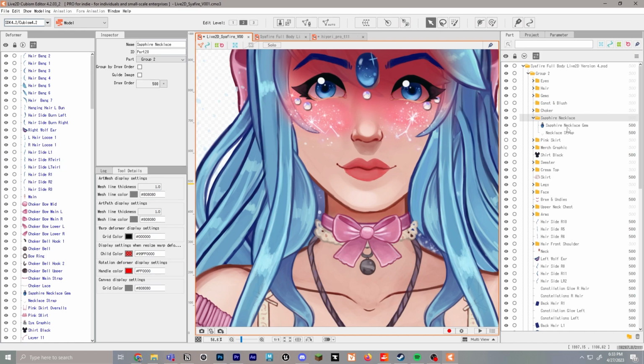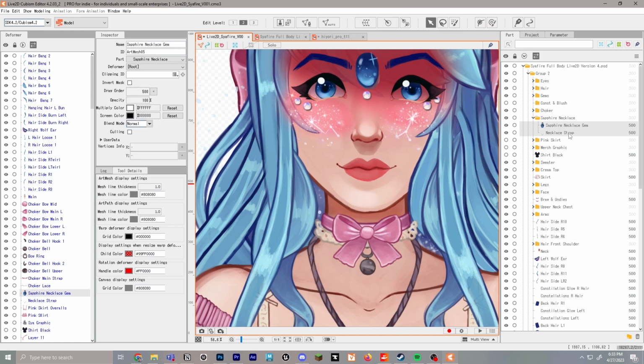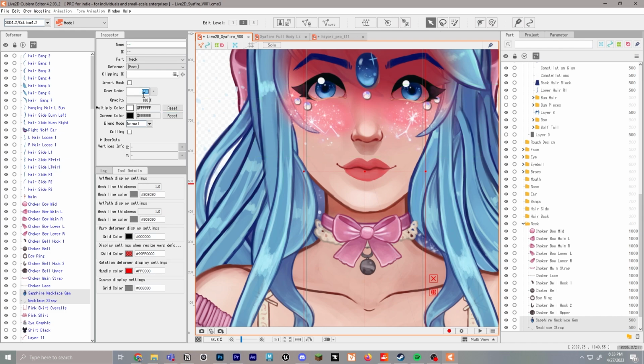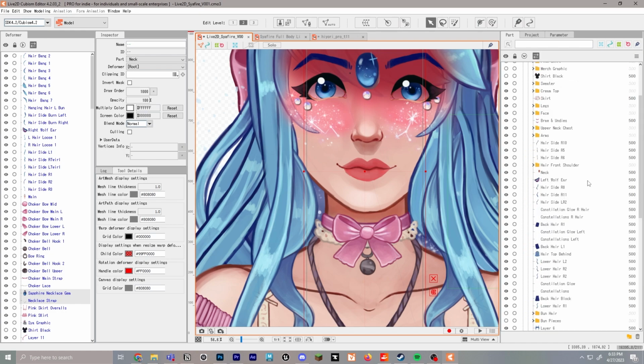Next is the necklace. The necklace I'll also actually attach to the neck, so we'll select both of those. If anything's acting weird with it later, then you know you might need to change it. So you just keep these things in mind while you're working at it.